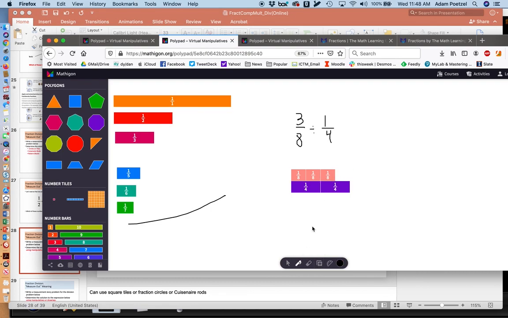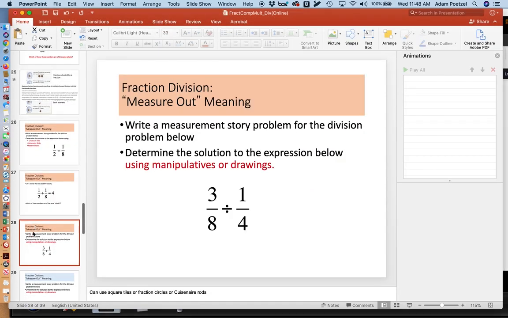So the answer here would be that I could make 1.5 loaves of banana bread, as the visual shows there. Interesting, if I divide across here, I would get 3/2, which is the same as 1 1/2. So again, interesting, we see that dividing across gets us the right answer again. All right, let's do